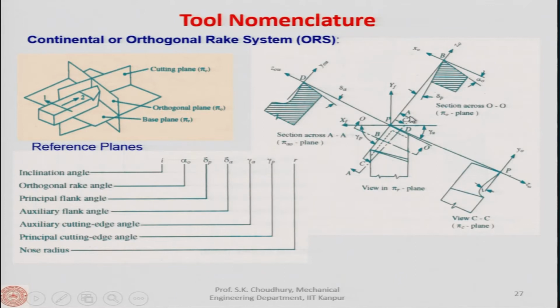We will take another section which will be perpendicular to the auxiliary cutting edge. Perpendicular to the auxiliary cutting edge will be AA, and similar to this, we will have a view like this. In this view, on the auxiliary cutting edge, this is the inclination of the rake